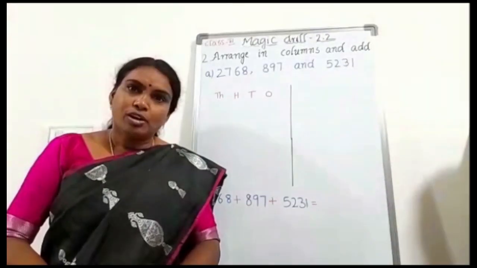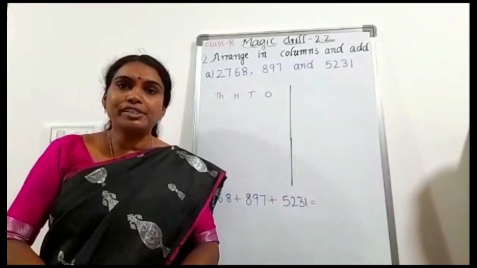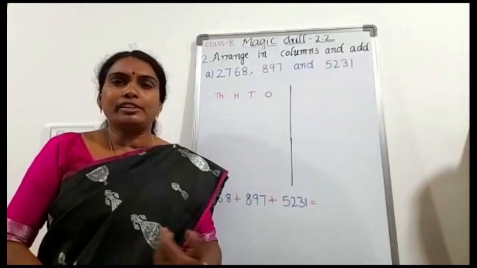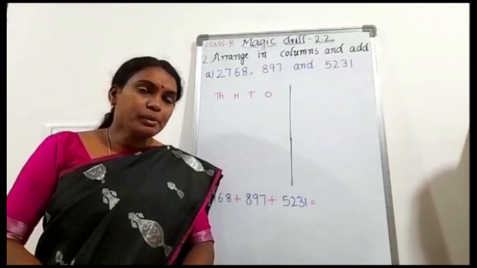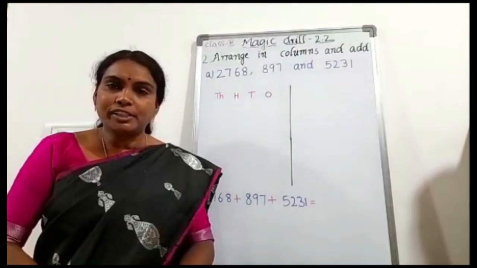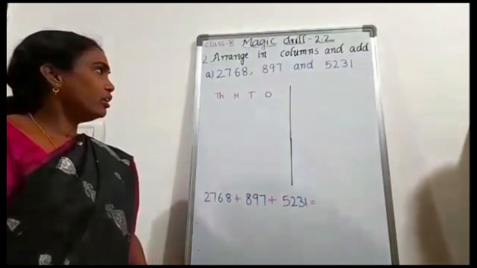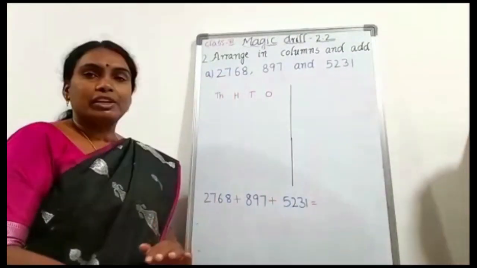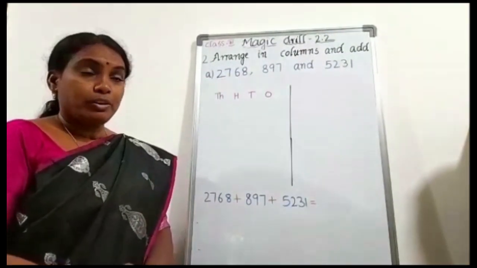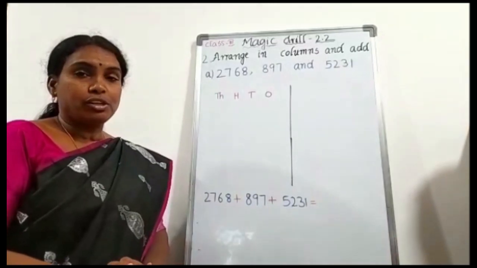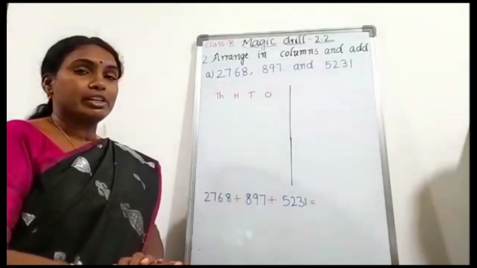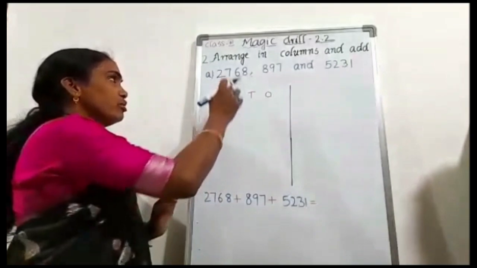Now we are going to practice the second bit. In the first bit, they had already arranged the addends in columns, then we added. But in this bit, we are going to arrange the addends in columns. Now see here. In the first problem, they have given 3 addends. Now we have to arrange these 3 addends into the columns. Already I have written the ones, tens, 100 and 1000. So the first number